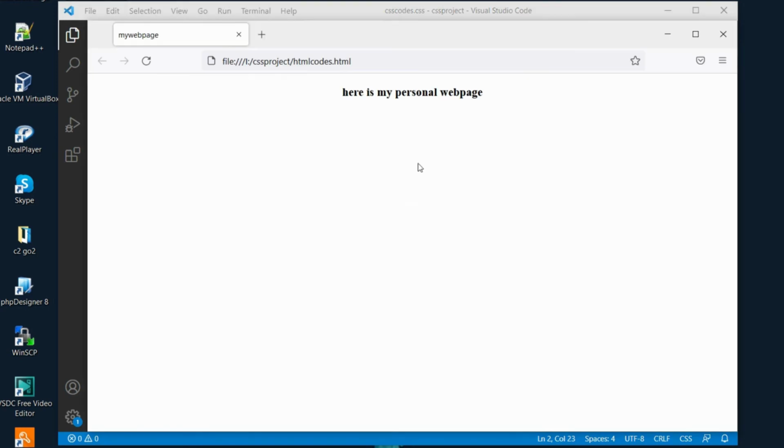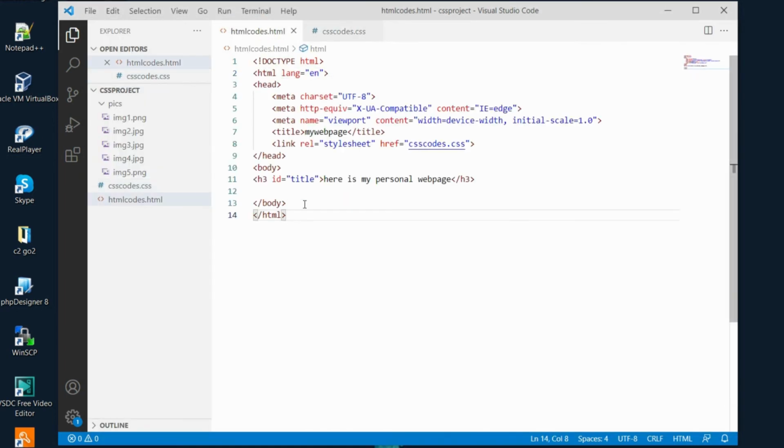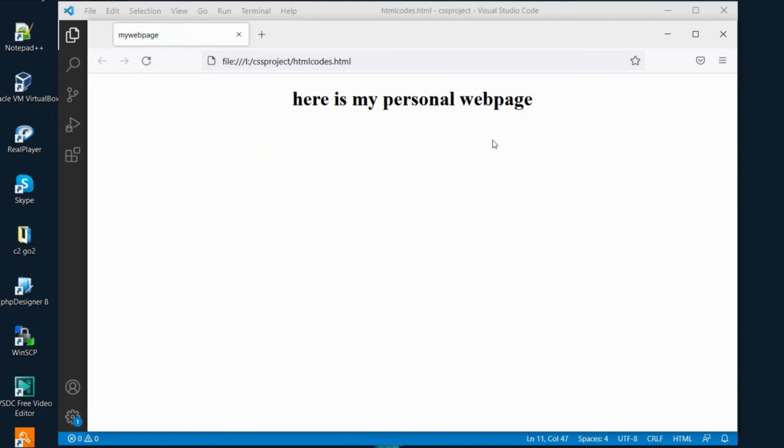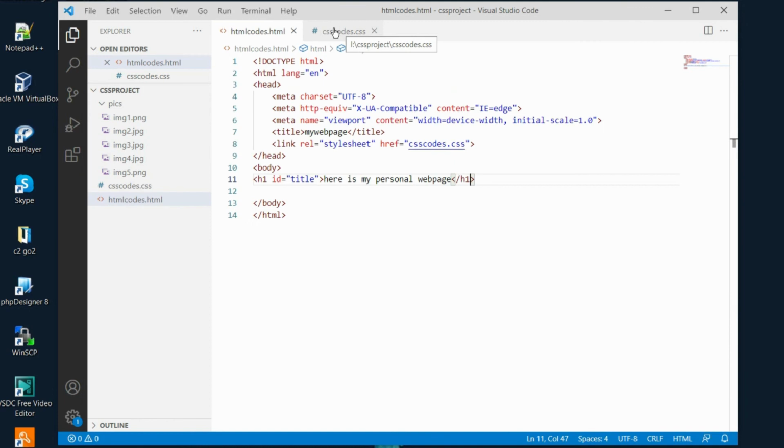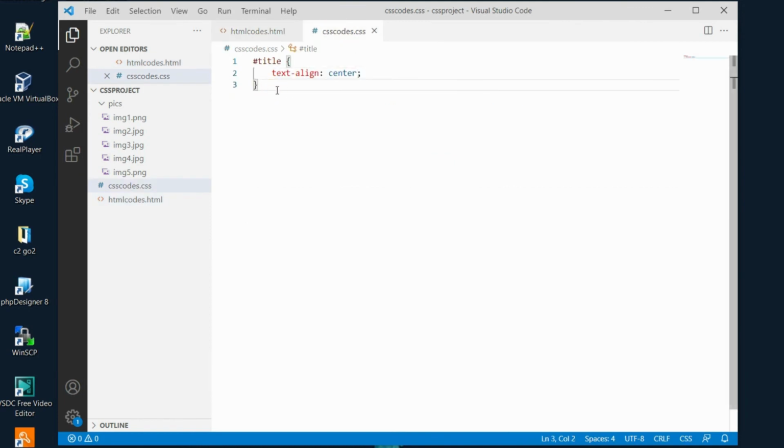The next one is that we want to design the title of our page. Okay, we go back, but before going further, I think it is a little bit small. We change it to h1, the bold tag, so that it will be a little bit bigger. Okay, now it is better. Okay, the design of the title. We go back to the CSS file and we start to design